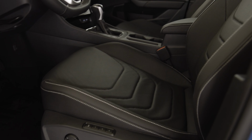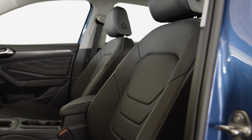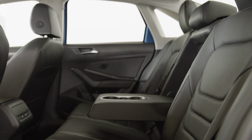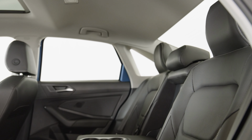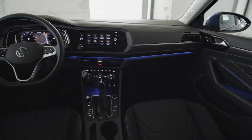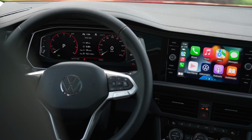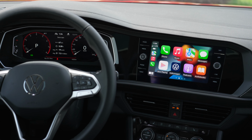Really nice package. Inside though, that's where the Jetta really makes a difference, and that's what has driven Canadians to this car for so many years. We all know that sport utilities are a rage. People buy them because they say, oh, I got so much more space. Take a look at the Jetta. Lots of room for passengers, lots of room in the trunk, comfortable seats, all the latest tech. It's got Apple CarPlay, it's got Android Auto, and on the top two trims, it's even wireless. You can't go wrong. It's got the tech, it's got the space, and with the GLI, Patrick, it takes it